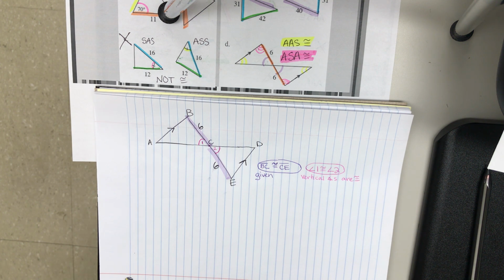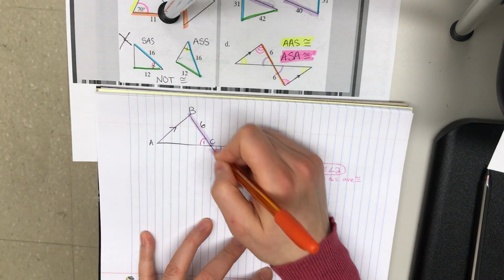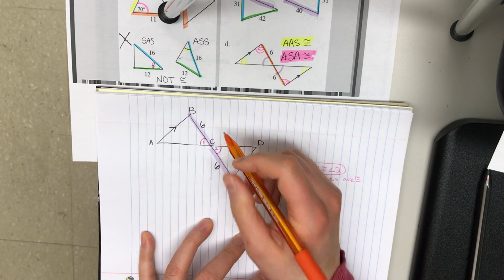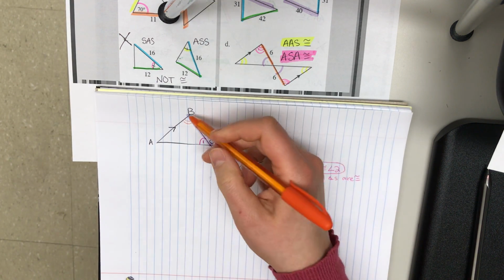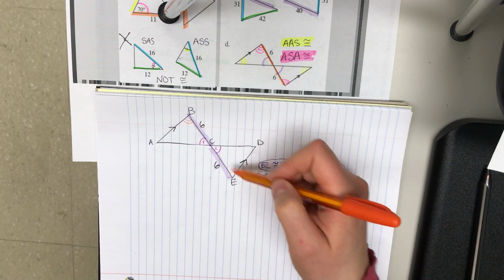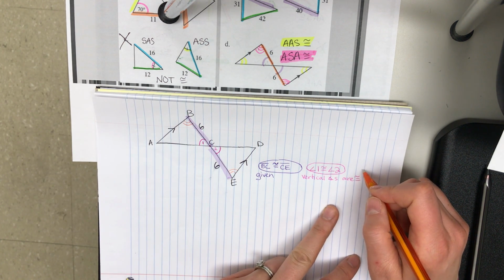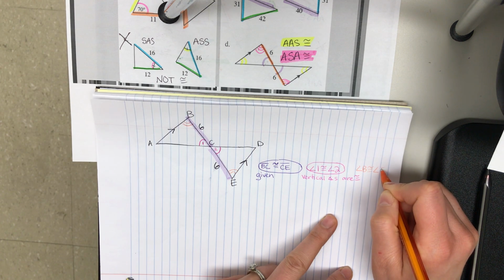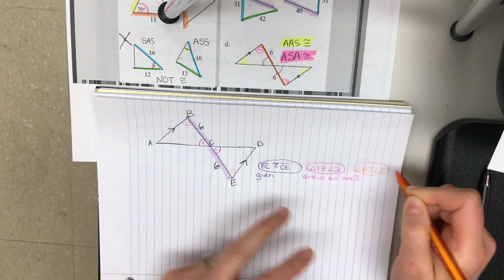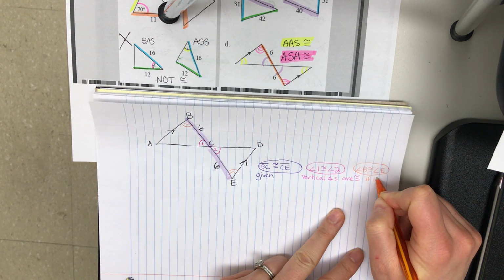And honestly, you can pick whichever ones you want, okay? I'm going to go with parallel lines cut by the purple transversal. And I have these two angles are the same. Now, each of those angles only have one letter next to it, so it's not confusing to use B and E, okay? So I'm going to say angle B is congruent to angle E. And the reason is if lines are parallel,